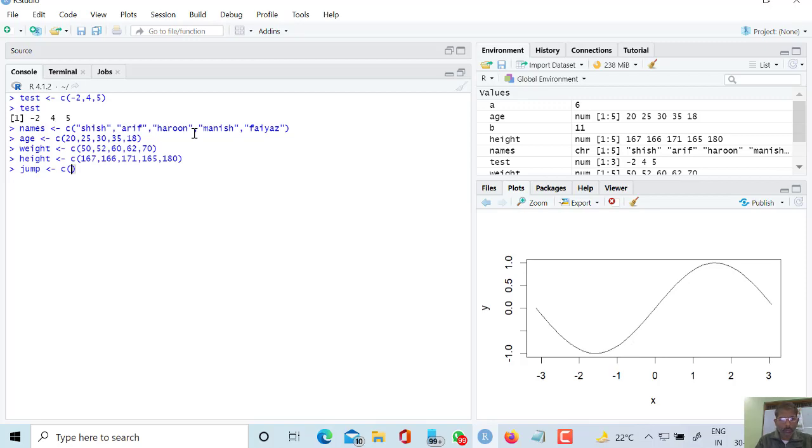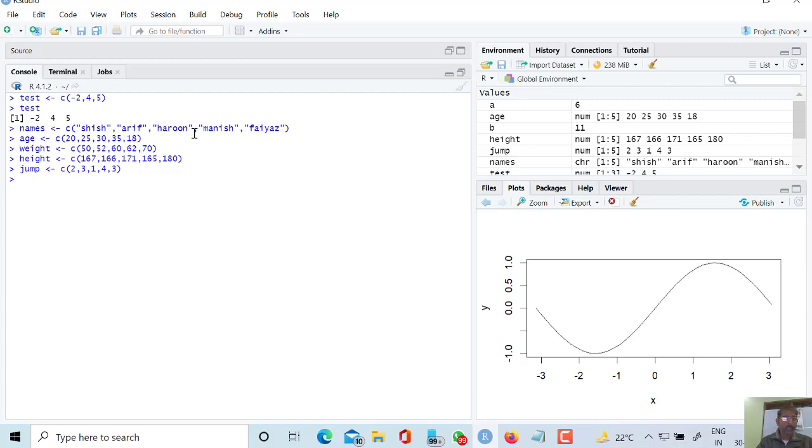So 2 meter jump, 3 meter jump, 1 meter jump, 4 meter jump, 3 meter jump. So these are some variables, and I have created the vectors and stored the vectors inside the variables just like this.